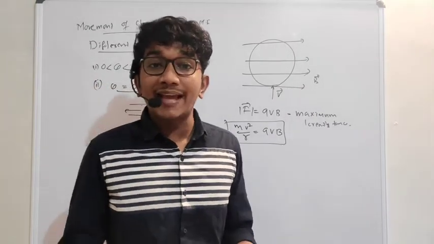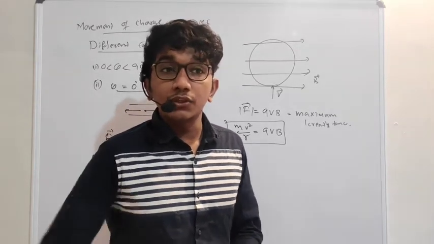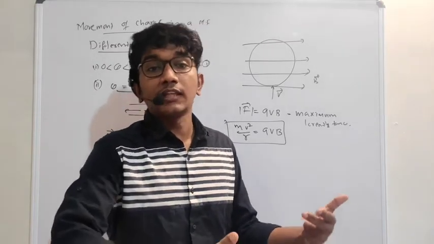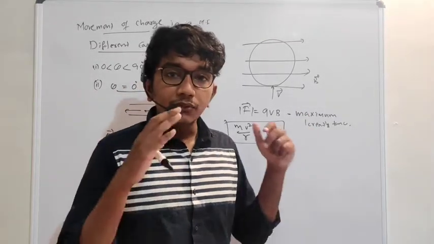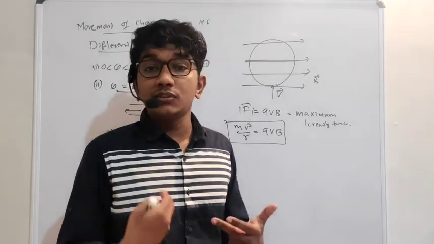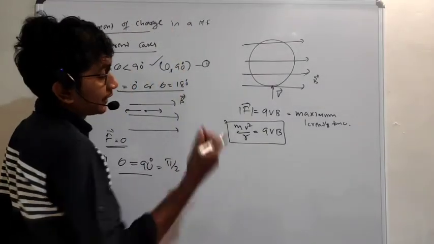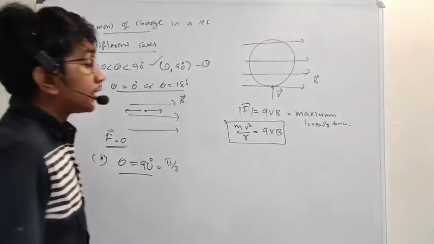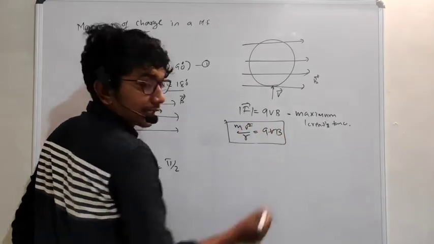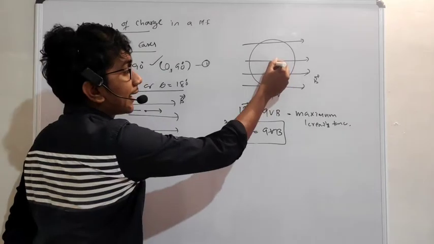Then you can solve many problems. New pattern problems can be asked in NEET or JEE, where there will not be a particular formula. You have to find the formula by using the cases, the scenario. So this is the case here: mv square by r is equal to qvb. Now we can solve many things from this. Look at this. V got cancelled, one v on each side. So I can say that R, the radius of the circle,